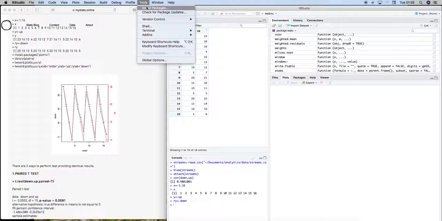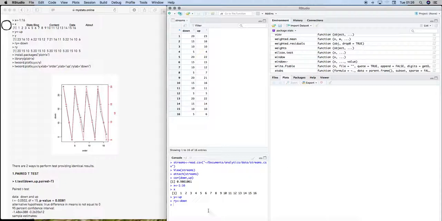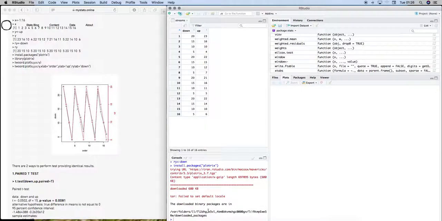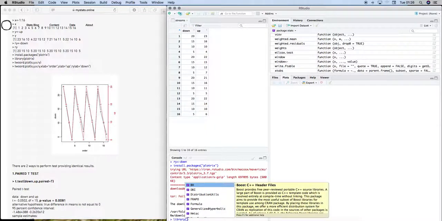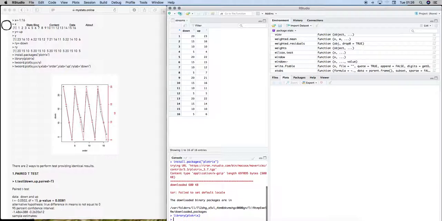So tools, install packages, plotrix, install package. Okay, library plotrix,